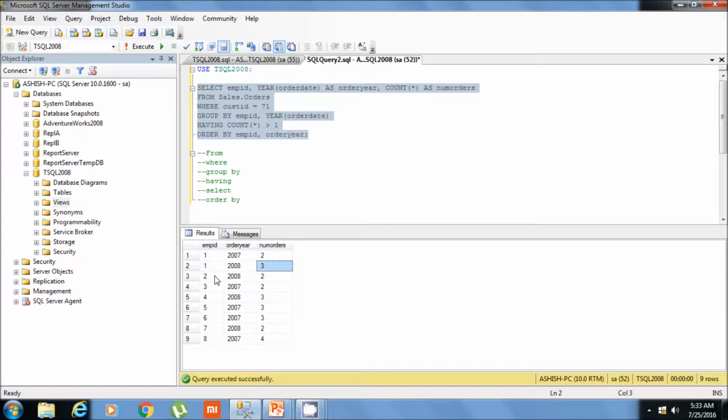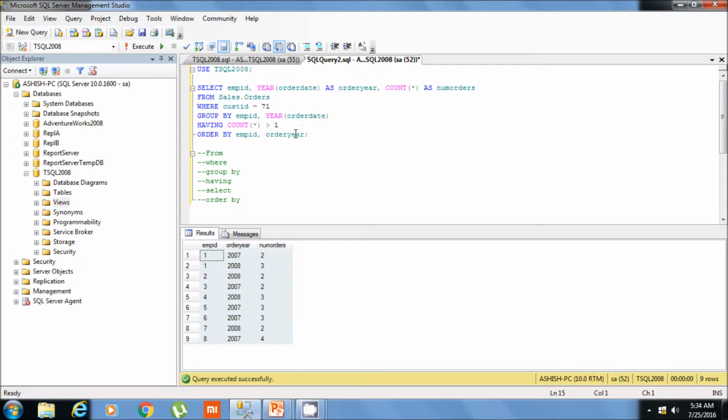So all these results are for customer ID 71. So now we know the actual order of execution of the SQL select statement: from, where, group by, having, select and order by.